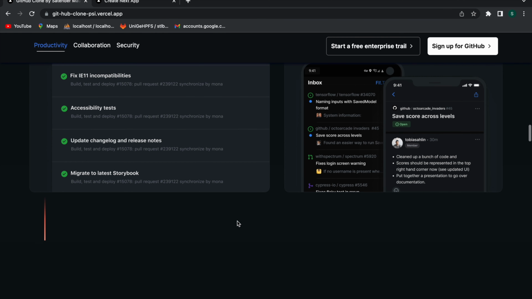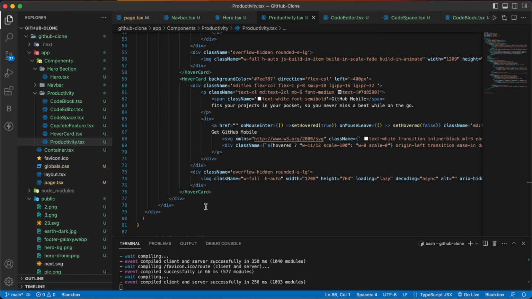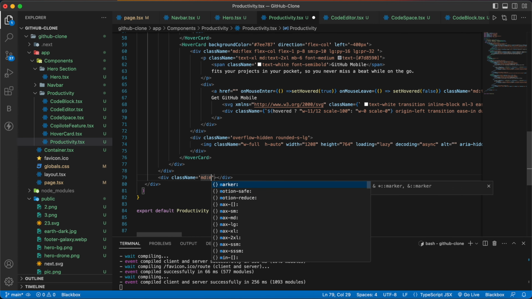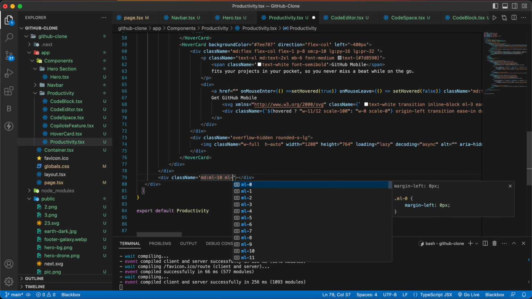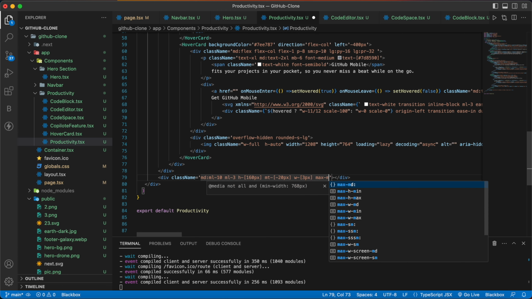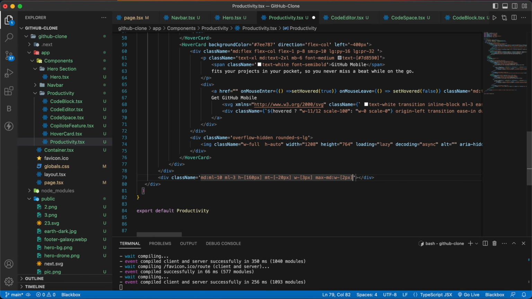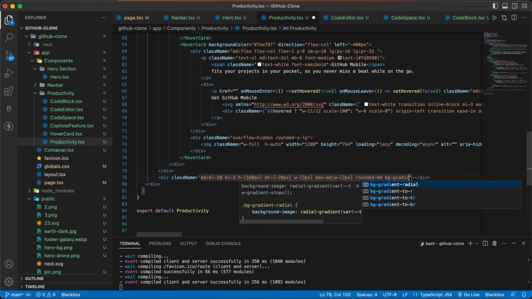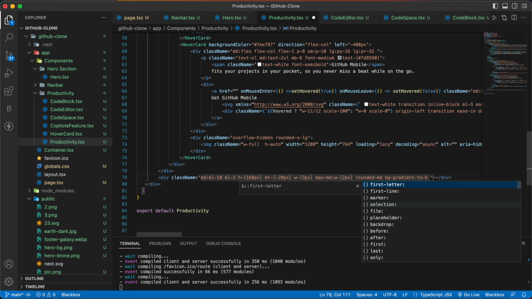The last thing that is left to do is to add this line. So for that, go here, and just above last div we will have one more div, class name md ml10, ml3, h 160 pixels, mt will be minus 20 pixel, then width will be 3 pixel, max md width will be 2 pixels, and rounded md, and we are going to give a bg gradient to b, and then write